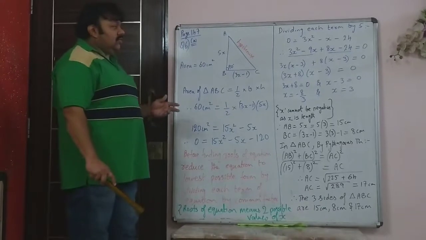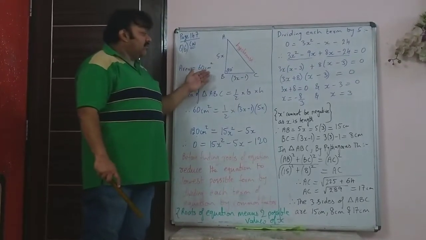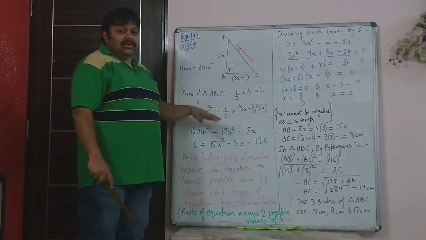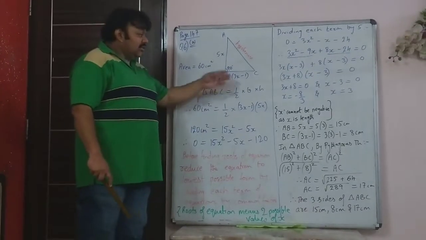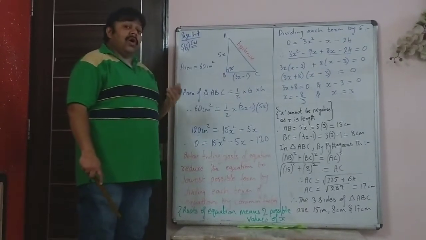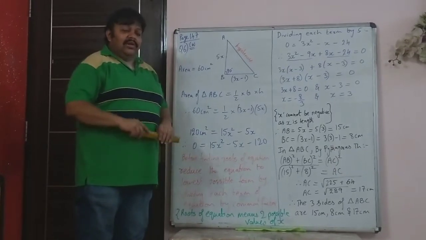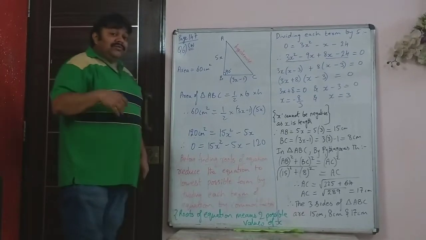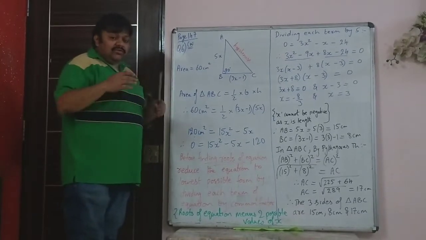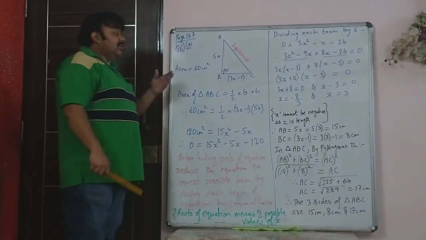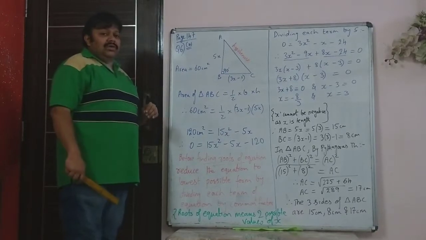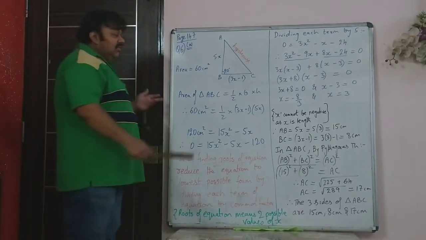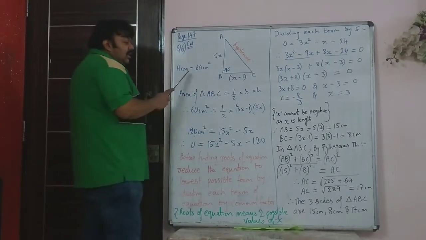So what we need to do is use area half base into height and form a quadratic equation, that's a second order equation in x, and then we have to solve that equation, not just factorize. Like you did in the previous questions, you not only factorize using splitting the middle term, but you will have to solve the equation and find what are the possible answers of x. So let's see, it is simple.